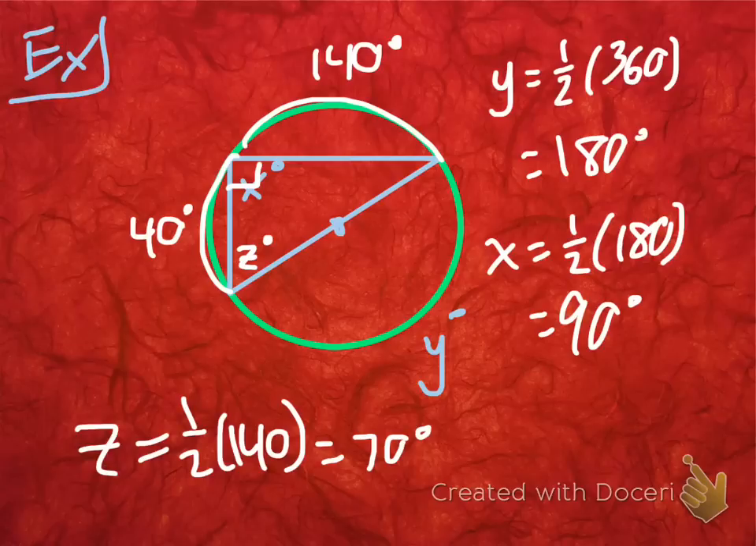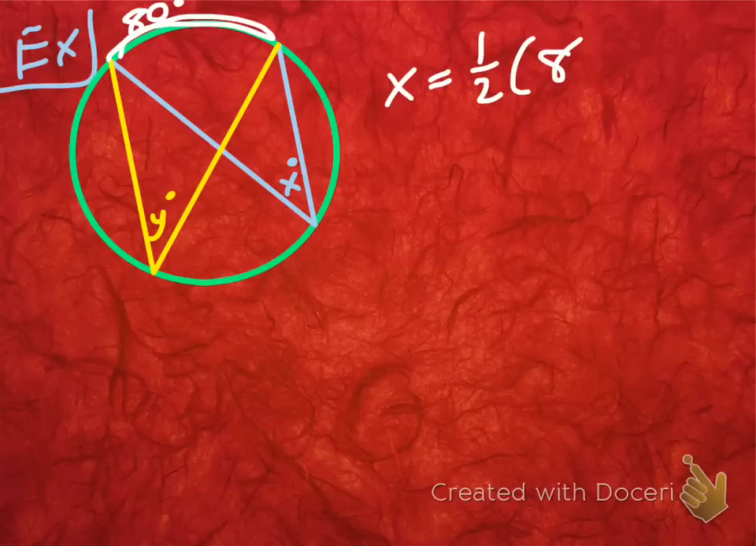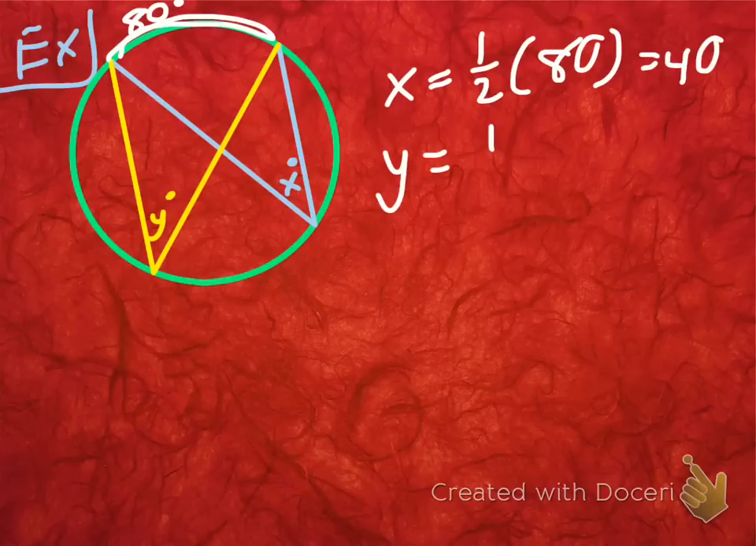Alright, let's move on to another one. This is the last corollary. Again, we're going to show you through a problem what the corollary says. If you notice, x and y are both inscribed angles, but they form the same arc. X forms this arc, as does y. So we could say that x is half of 80, which is 40. But we can also say that y is half of 80,